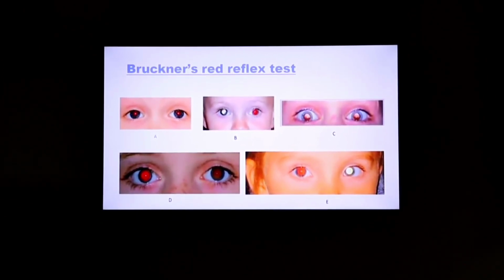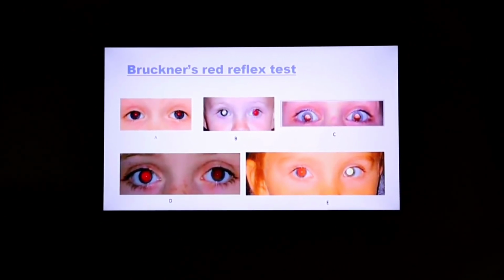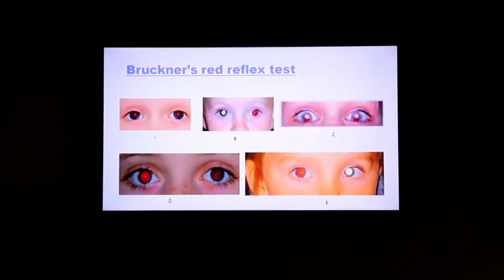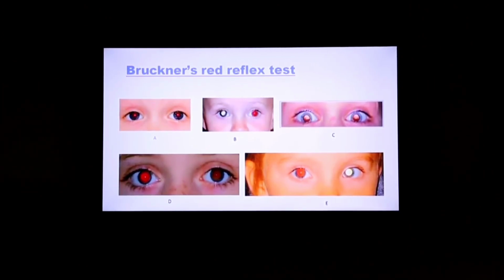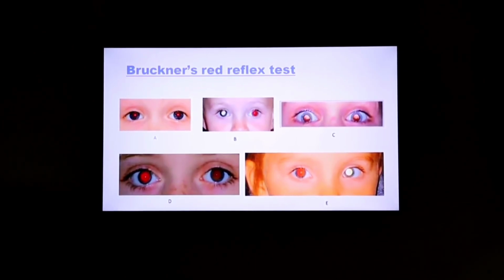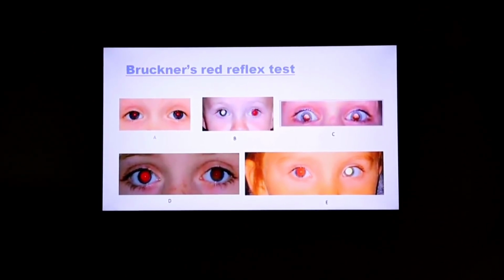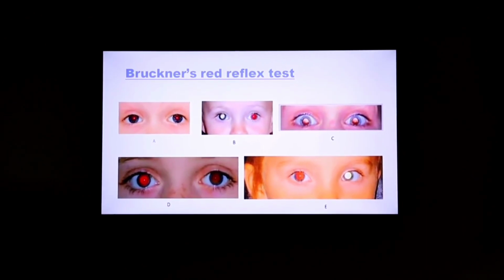If the crescent is superior, then it is hypermetropia, or if the crescent is inferior, then it is myopia. In option D, you can see there is a slight change in the illumination of the red reflex. This indicates that there is a refractive error, but there is a difference in the amount between both the eyes. In option E, you can see there is a squint in the left eye, so there is a yellow reflex as compared to the right eye.